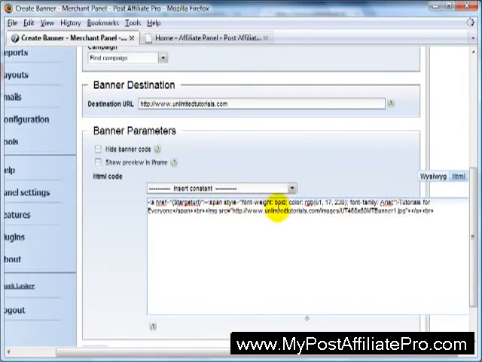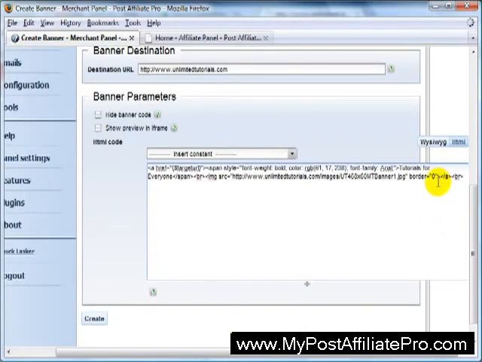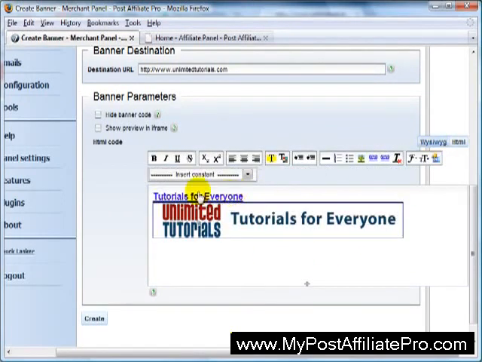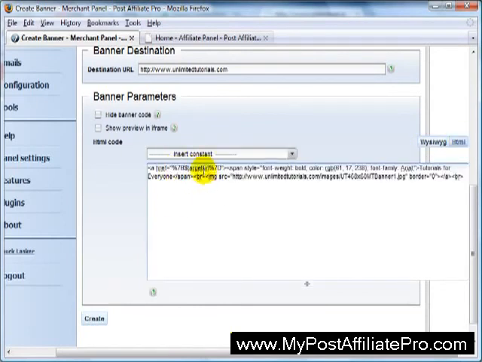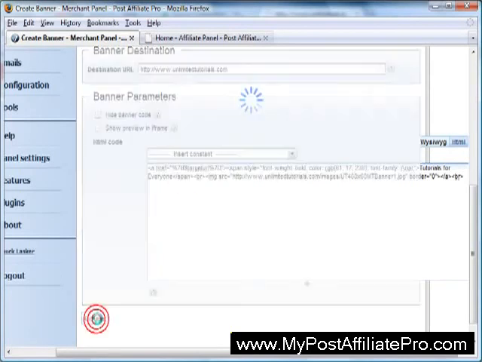I'm also going to, in the image source here, put border equals 0, so the browser doesn't put a border around it. And now I'm going to go back to WYSIWYG, and you see it put an underline under here, and this is now a link. So that's important to use the constants like that. Don't put in an actual a href, because this will generate the target URL with the affiliate ID,